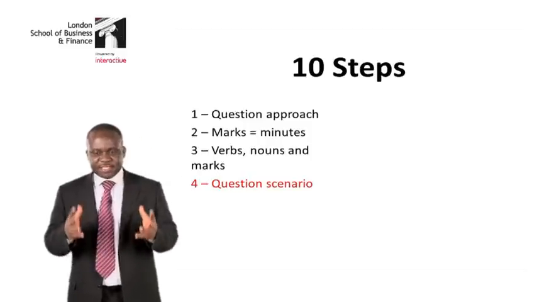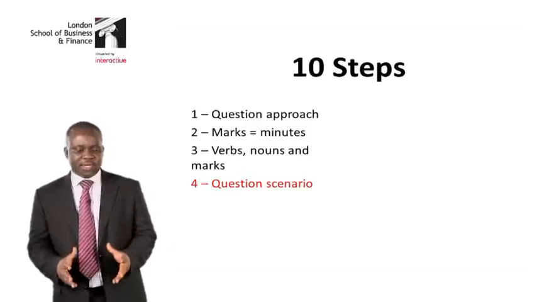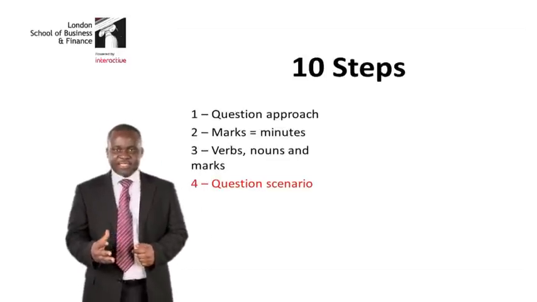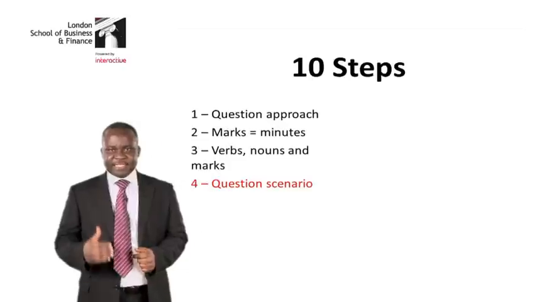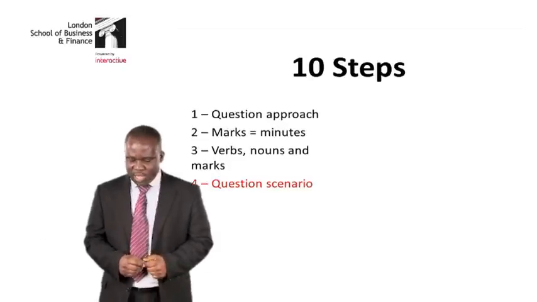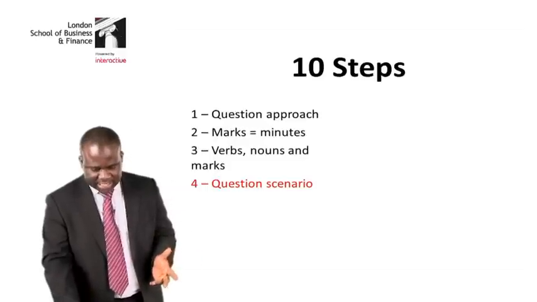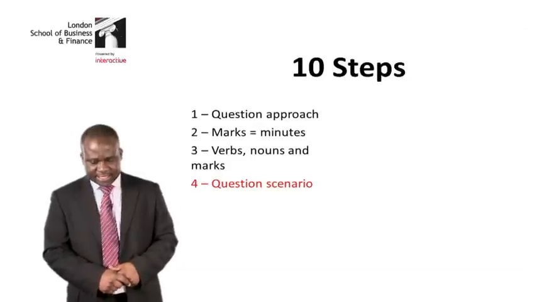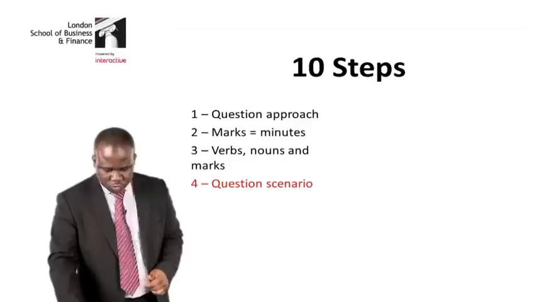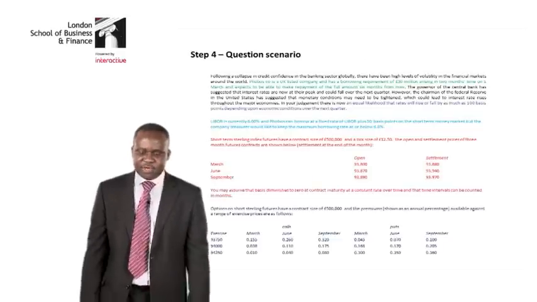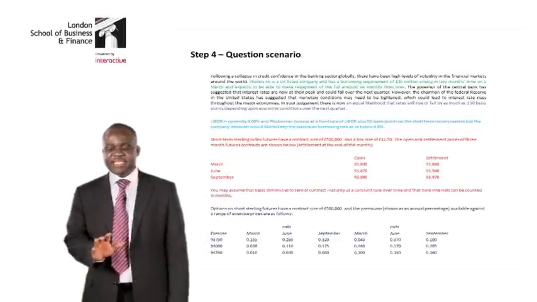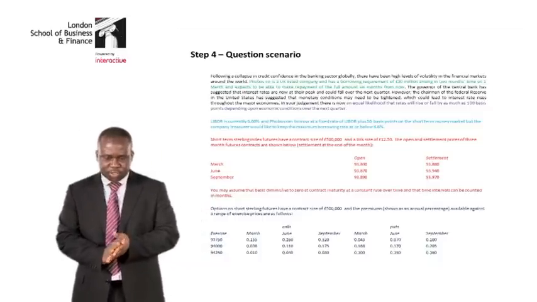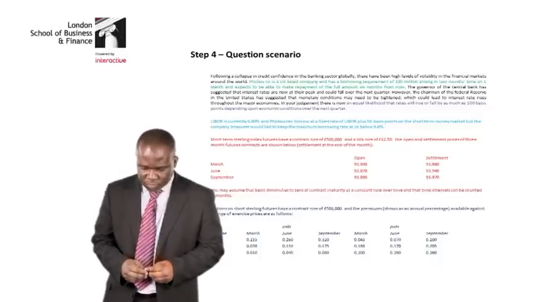And as we all know, ACCA questions are not just straightforward. You would have to understand the scenario. So when you are reading the scenario, you will need to indicate the most important things you need to answer the requirement. As we started, your first point will be to read the requirement. After getting the requirement, you go to the scenario, and when you read the scenario, you would have to identify the important areas of the scenario trying to solve the requirement in front of you.